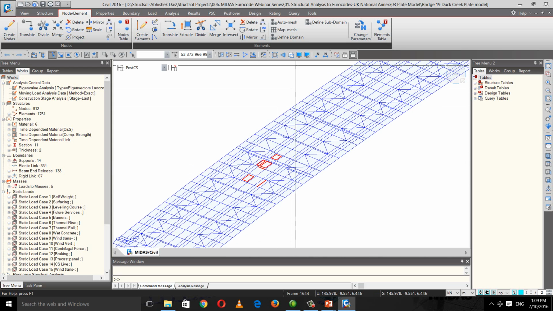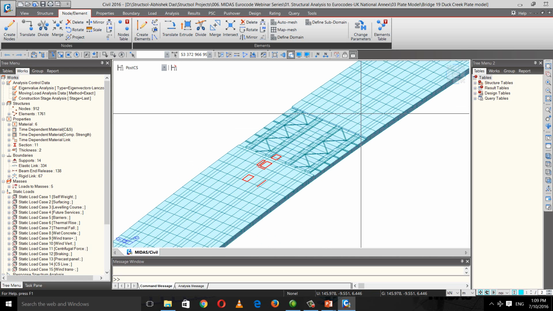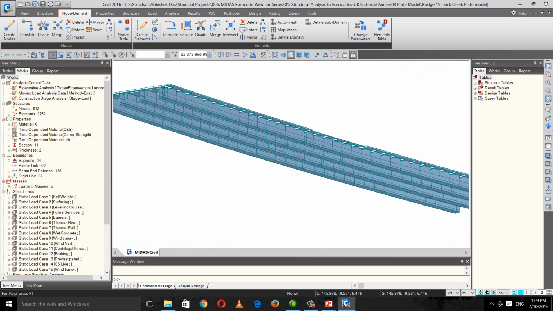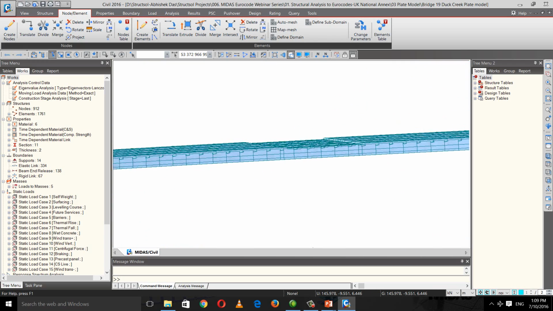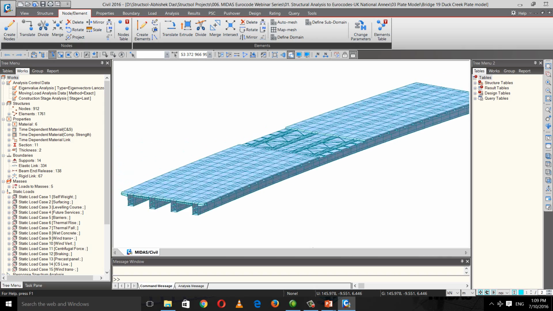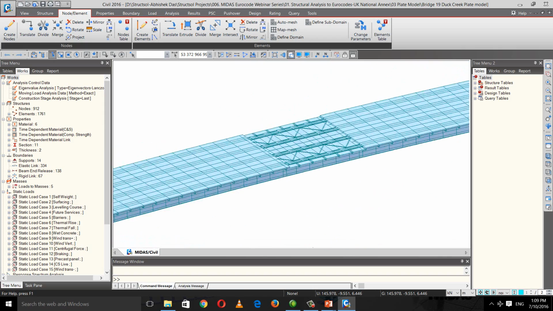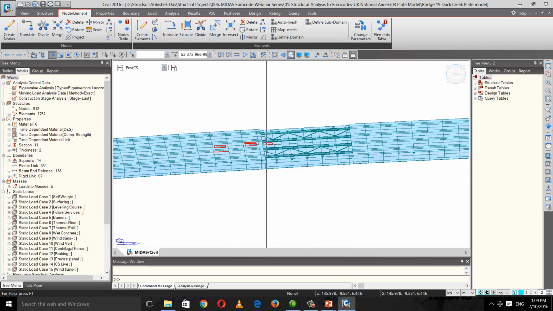Here, you will see that there is a clear distinction. There is something missing over here in the middle. That's because the 15% of the span on either side of the internal support will have the slab cracked because of hogging bending moments. So that's why the plate elements in this region have been assigned different properties, that is, longitudinally cracked,